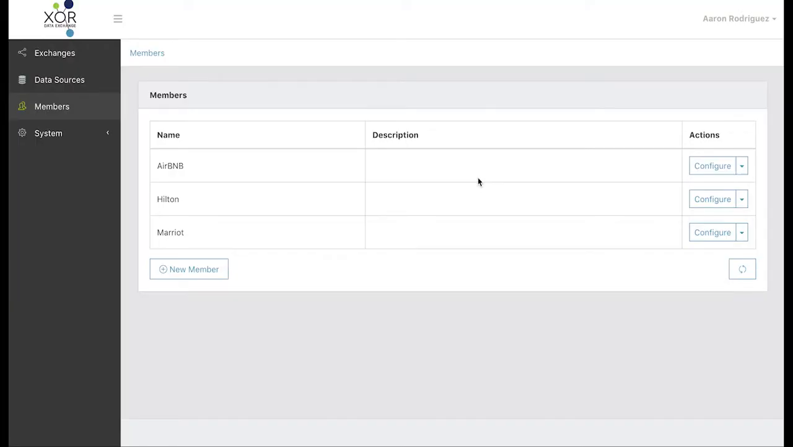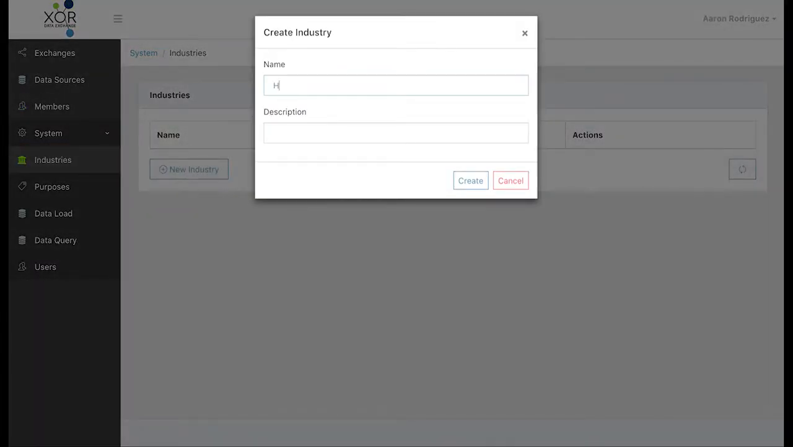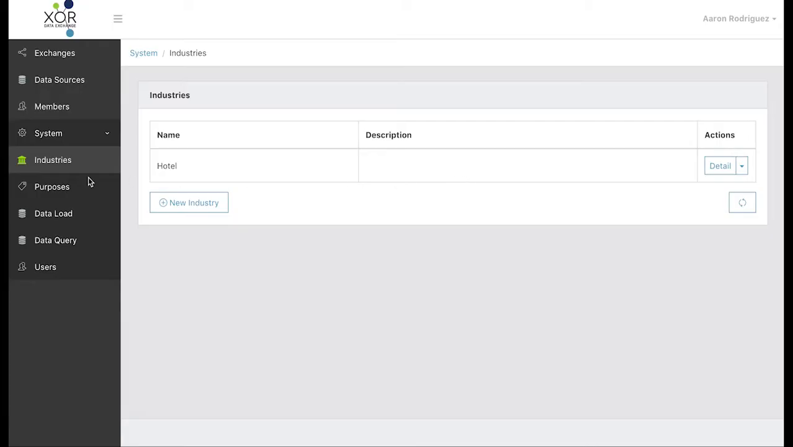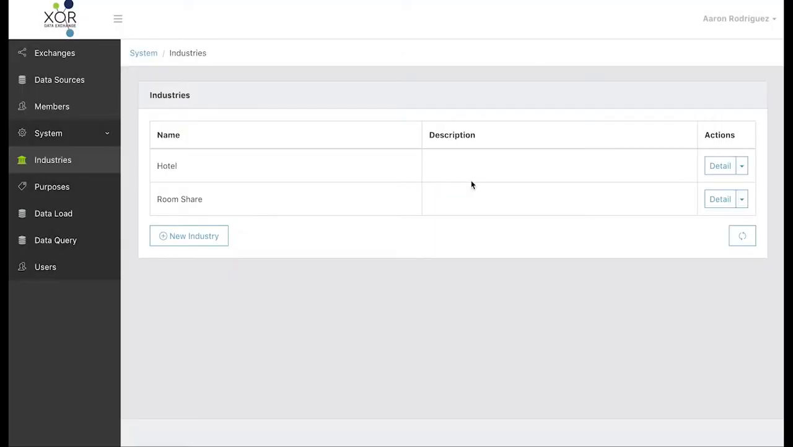All right? So now that we have our 3 members configured, we need to next go ahead and configure the industry that each of them are part of. Now, we'll be using these industries later when we're setting up permissions about who can access their data and how it's going to be used. But to get our industries configured, we can go in here and go into industries, click add new industry. Let's add hotel for the hotels, and let's add room share for Airbnb. Great, so we got our 2 industries assigned, or at least created, and now we need to assign them to